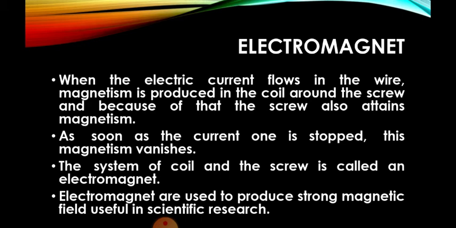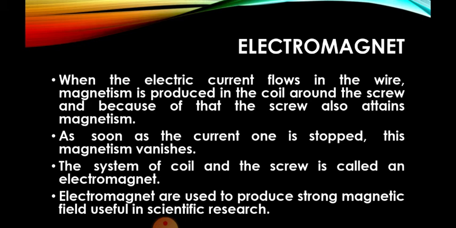My dear students, you can try this activity at home. You can bring a meter-long copper wire and wind it around an iron screw. An iron screw will be available in your house, and of course one or two cells will be available in your house. You can make your own electromagnet and try this activity like fun. Fine. So this is how an electromagnet is produced.